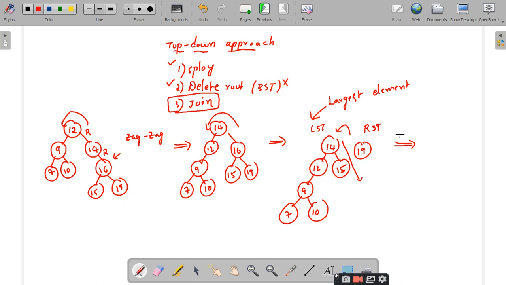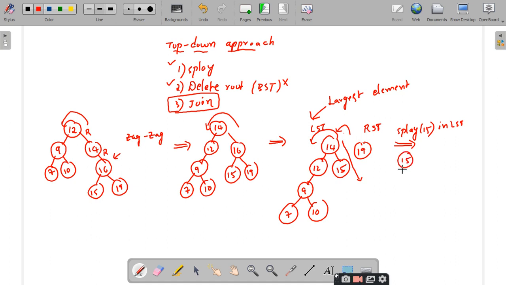Now again you perform the splay of the largest element, splay of 15. So what should I do here? Splay of 15 in the left subtree. Zag rotation, sir. You have to perform a zag rotation around 14.